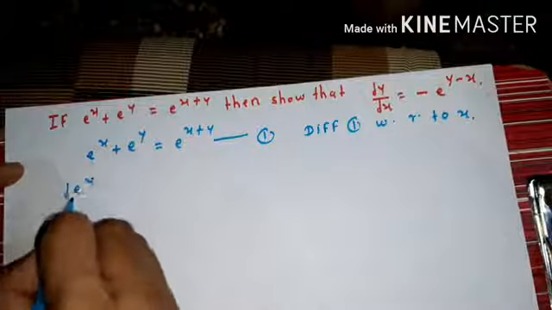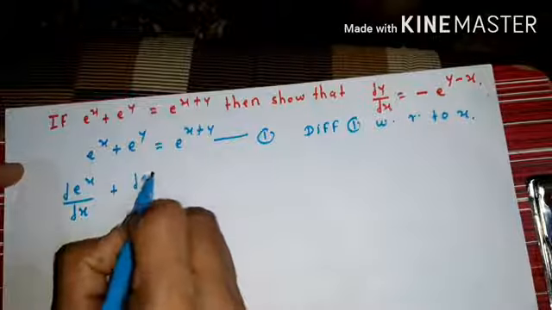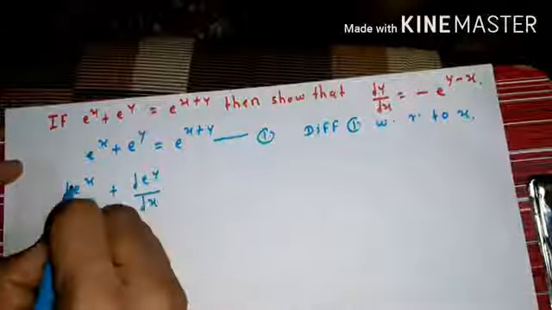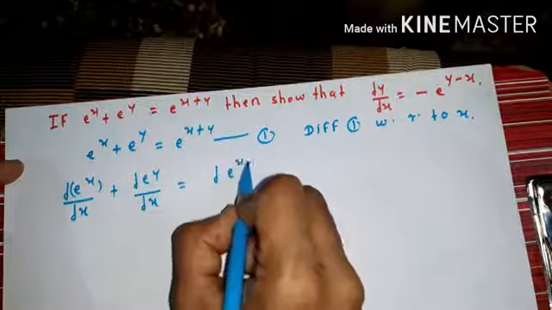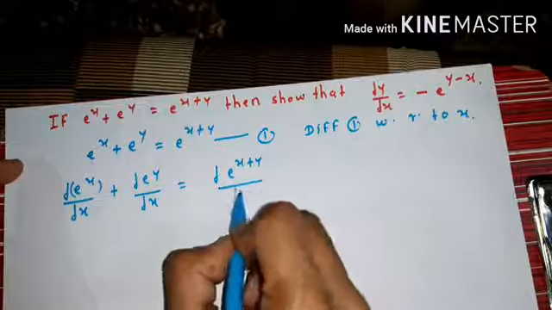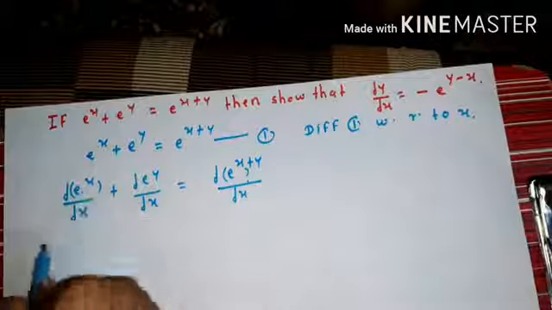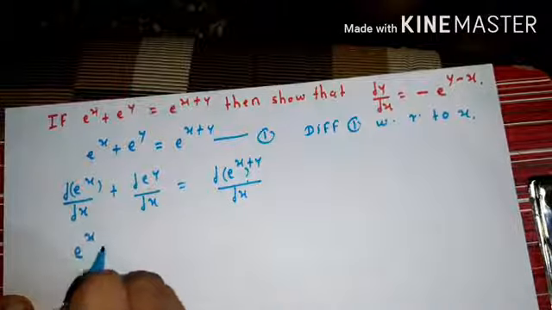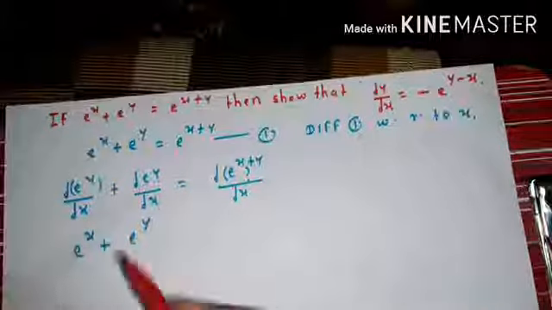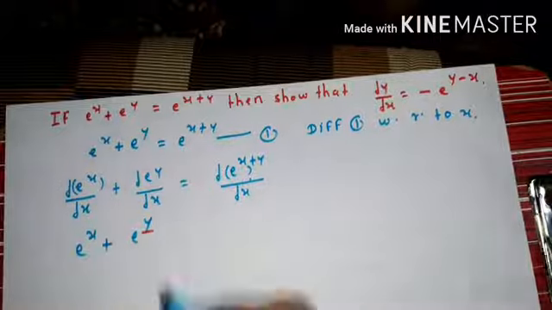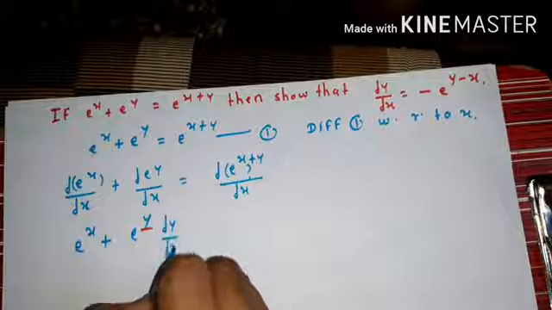differentiation of e raised to x with respect to x plus differentiation of e raised to y with respect to x equal to differentiation of e raised to x plus y with respect to x. Okay students, here differentiation of e raised to x is e raised to x, plus differentiation of e raised to y is e raised to y, but y is a function of x, and therefore, in implicit function, e raised to y into dy with respect to x. Note this